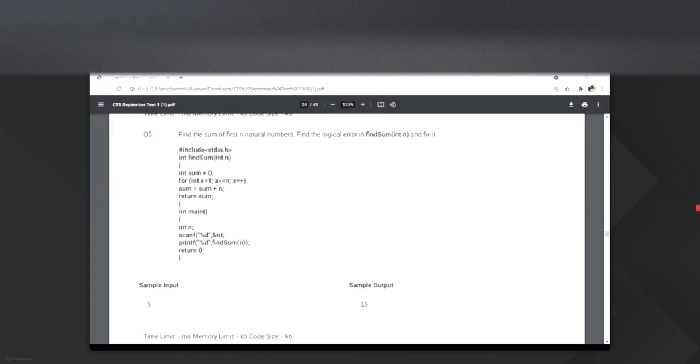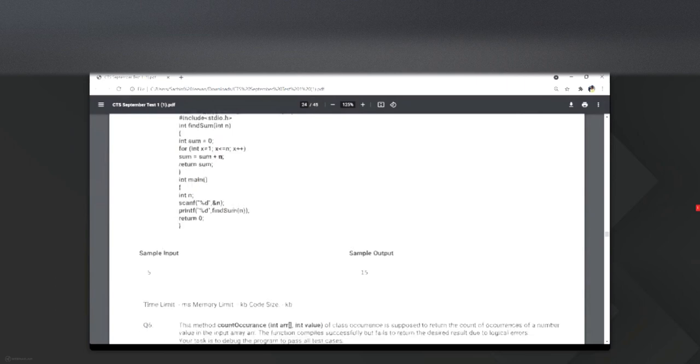Yes. So when you look at this particular question, the mistake that has been made over here is very simple. The thing is, sum is equal to sum plus x should be given. It's not n. Because they are asking to find the first n natural numbers. They are not asking to add n for n times. They're asking to add x for n number of times. Okay. So now